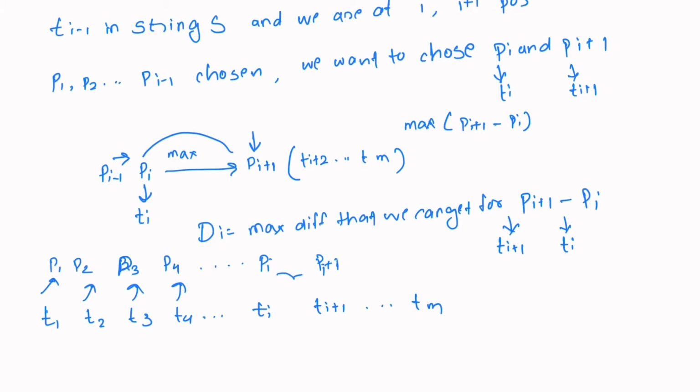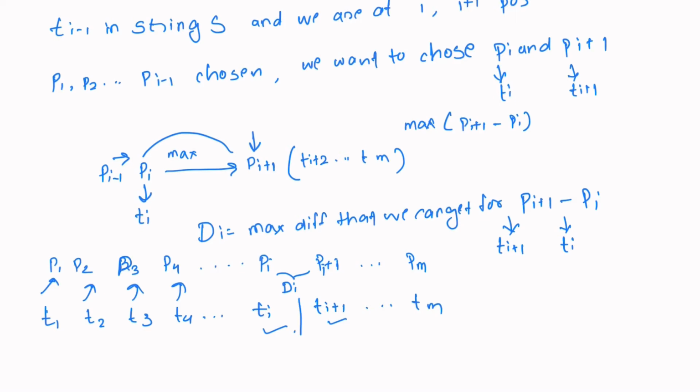And the maximum difference that we can get between these is d of i, up to p of m. Now what this means is the maximum difference is d of i between p of i plus 1 and p of i. This means that for all the possible mappings, that is for all the possible subsequences of t in string s, the maximum difference that we can get between the positions for characters t of i plus 1 and t of i is d of i.